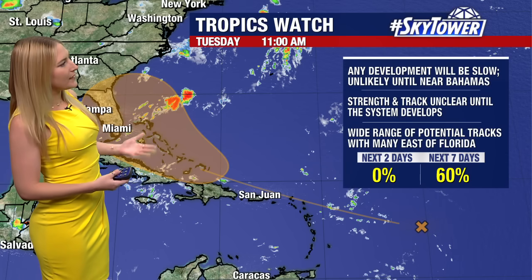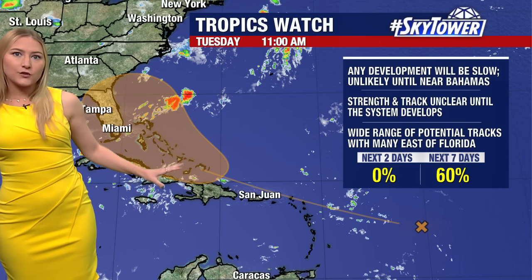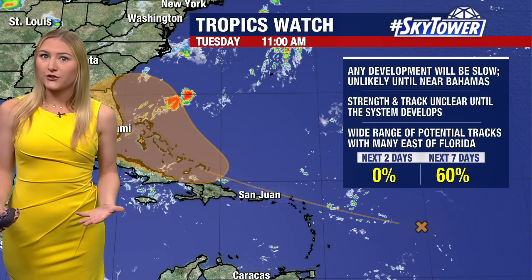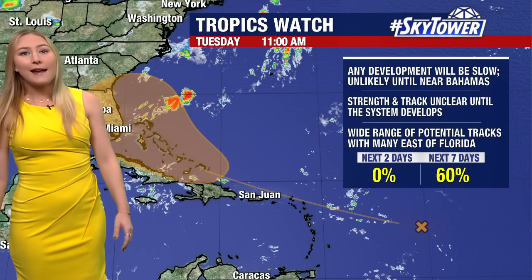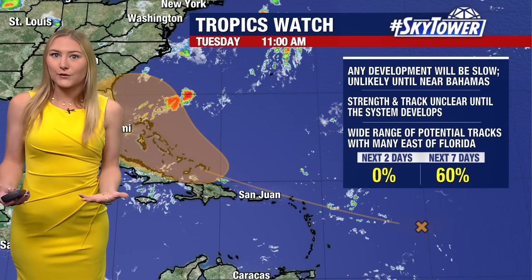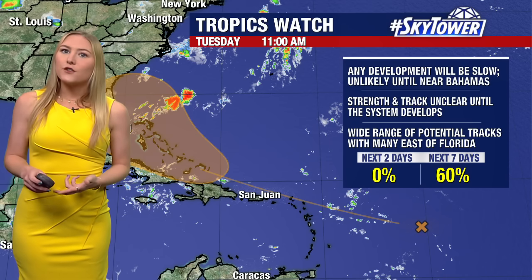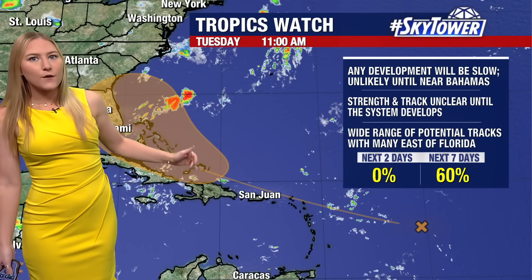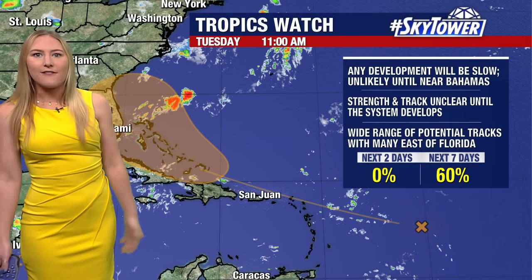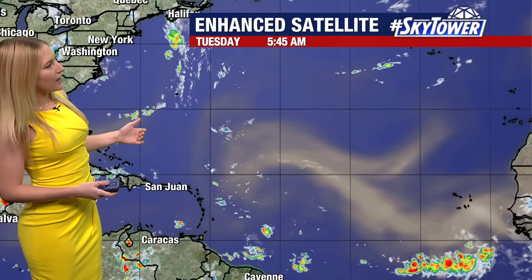So the main points that we're talking about over the next few days is that the best chance for this to form into some sort of tropical depression is going to be closer to the Bahamas. So still several days out. And until we have some sort of center of circulation with this storm, it's really hard to determine the strength and the track that it's going to take in the next coming days. So we should have a better idea over the next few days as this little wave starts to get its act together, and especially as it moves out of this area of very dry Saharan air